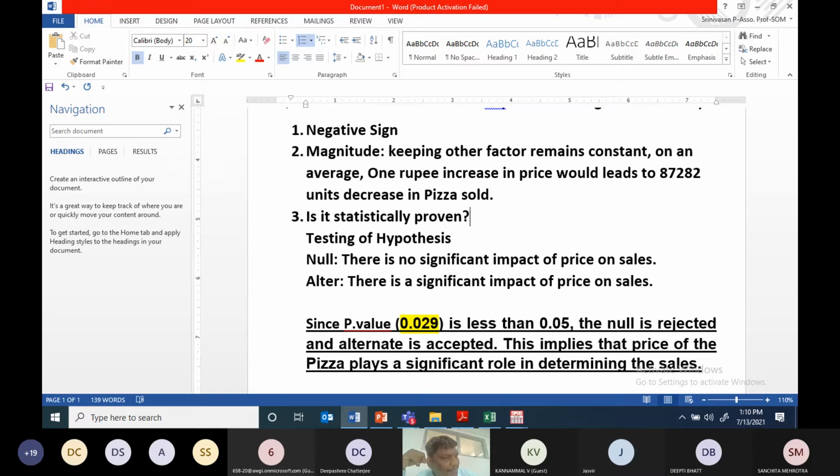Sir, good afternoon, sir. Yes, madam. Tell me, madam. Sir, do we have to formulate both the hypotheses? Null and alternate. Yes, you have to frame the null hypothesis, whether you are writing a paper or a dissertation under methodology. This is very important, no? Because here we are testing the significance of the individual coefficient.